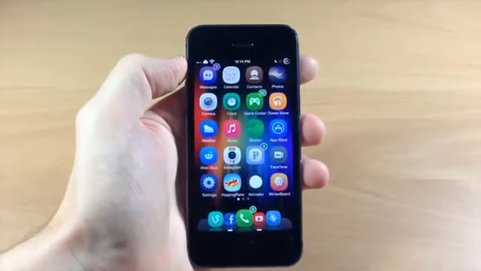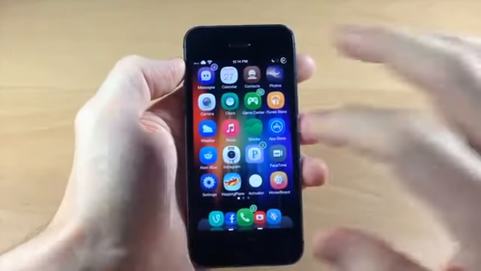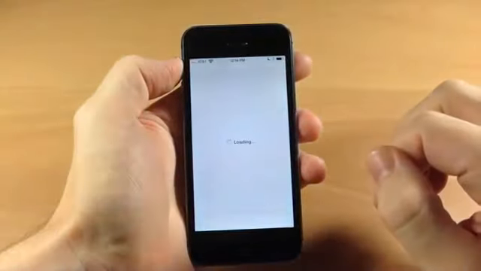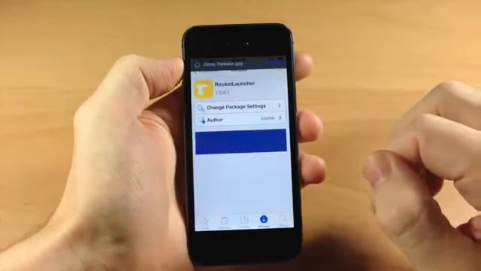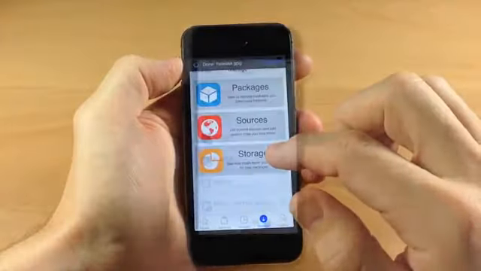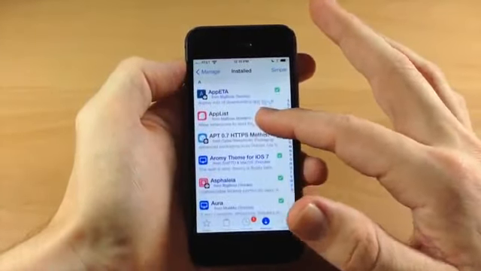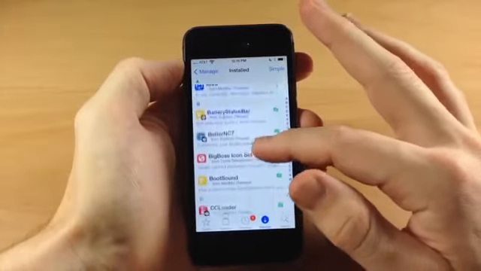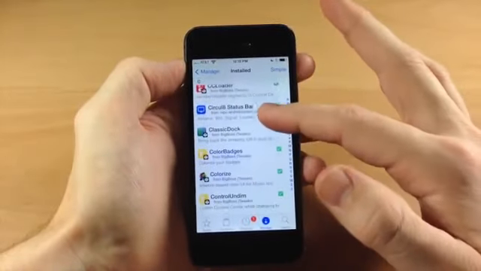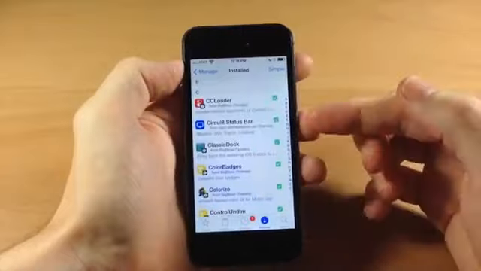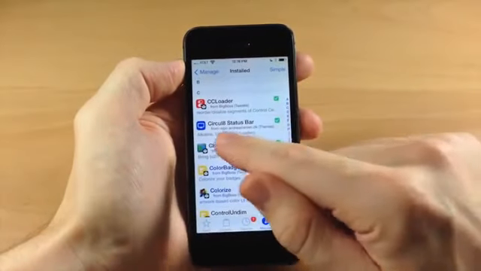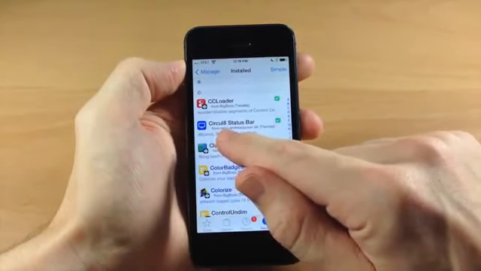So that is basically everything on my device. I guess I should jump into Cydia real quick just to see if there are any type of tweaks that I haven't recommended. So now we're going to quickly scroll through my Cydia packages just to show you guys any of the tweaks that I have installed that don't actually have a settings panel, so we could have missed. So if we're scrolling through here, we have Circle 8 status bar, so you can actually add this repo right here. It's